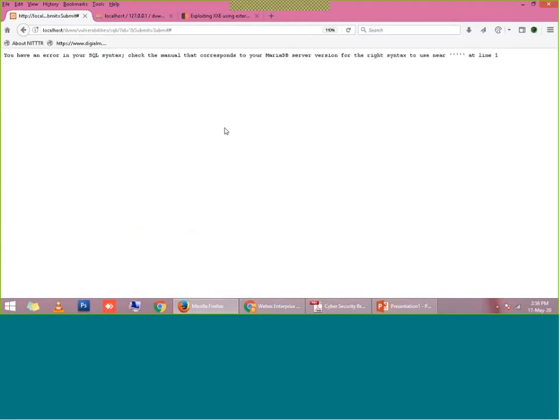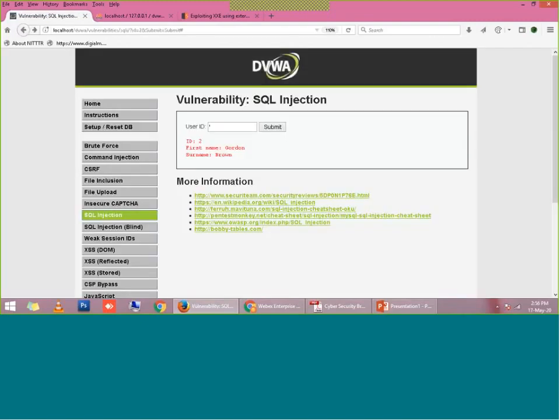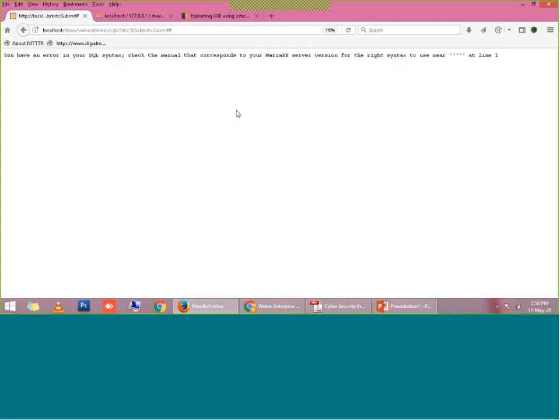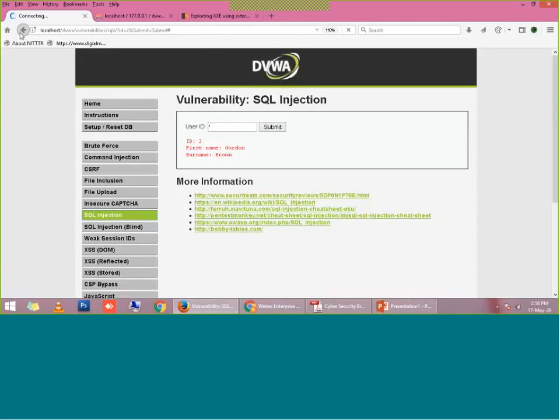So while surfing any website, if the site is asking you as a user to enter some data in a text box, and if you put a single quote there and it gives an error, it means this site is vulnerable to SQL injection. So this single quote is very dangerous. I put a single quote here and submit. It is giving an error. It means this text field is vulnerable to the single quote, right?